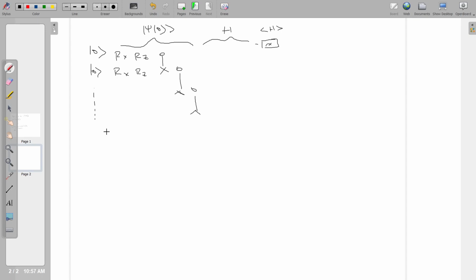CNOT gates, and these go all the way down. This is one layer, and we can have however many layers. I think usually I have 2 layers standard in this code. Note that each one of these has parameters, so there's 2 times the number of qubits per layer, because there's just 2 different parameters on every qubit. I just want to draw that real quick before we go into the code, because we can see